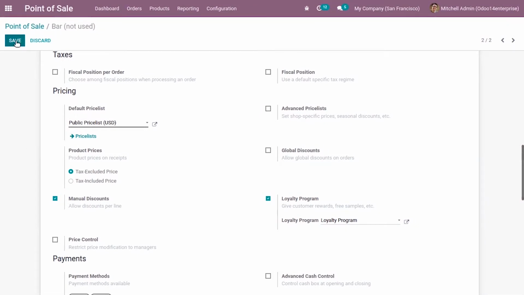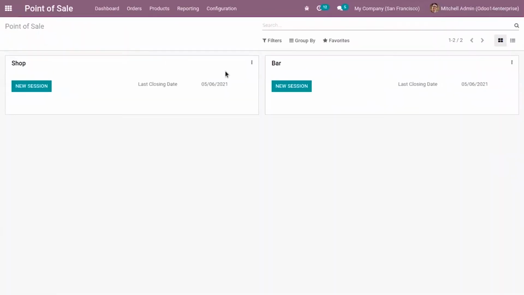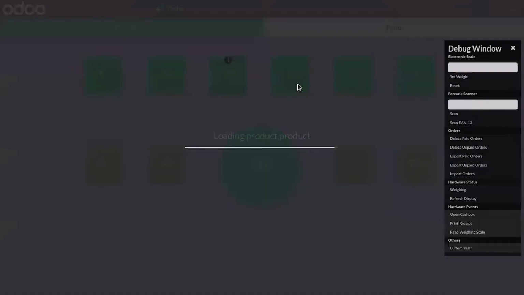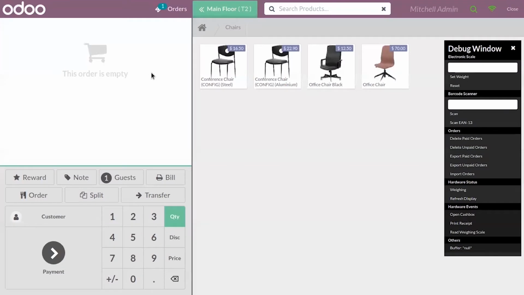Let's see how we can apply a discount on a product, that is on an order line. For that, we have to start a new session. Let me choose a table.